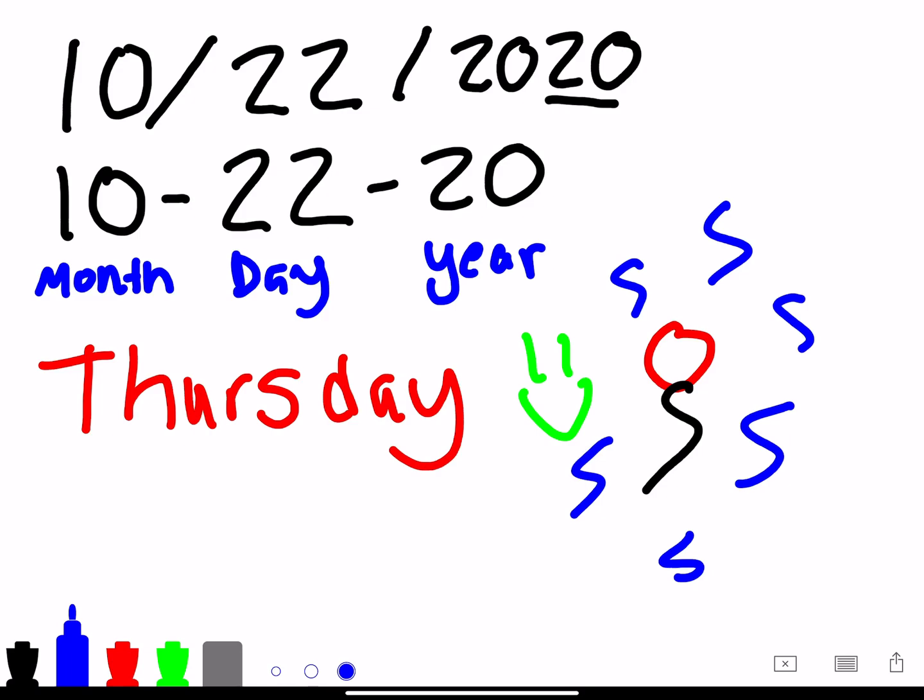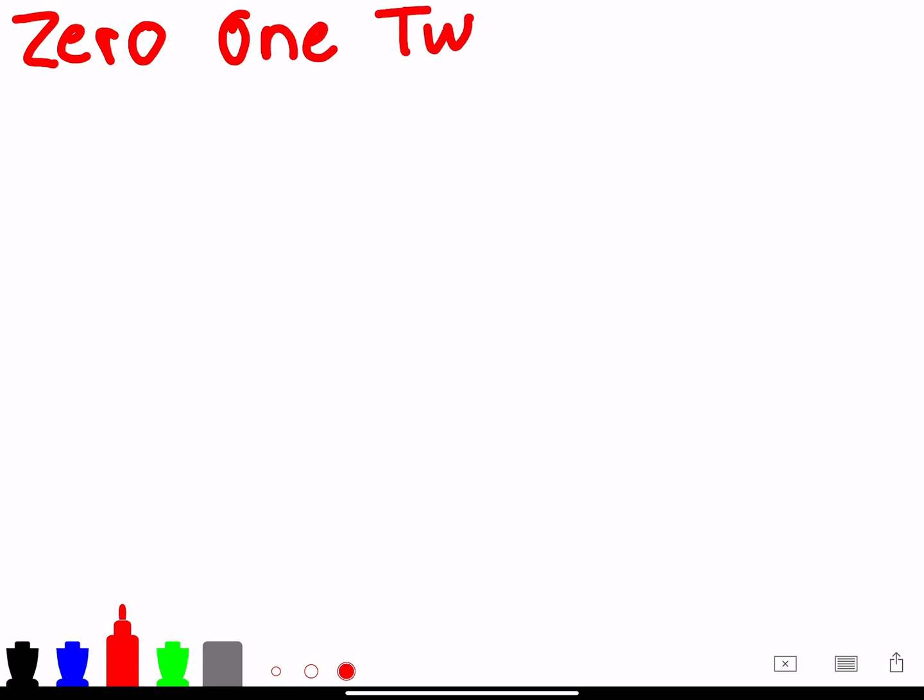Okay. Now, in math, we've been learning about how to write numbers in word form. So today we're going to write the words for numbers 0 to 20, because I know we can do it, because you guys were doing great on it in the live class sessions we met in. So we are going to write 0, 1, 2, 3, 4, 5,